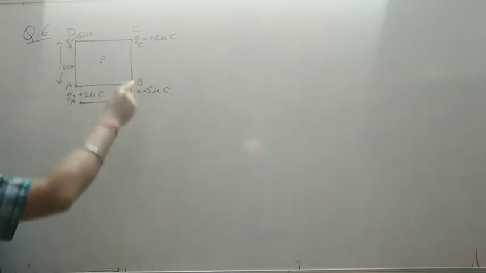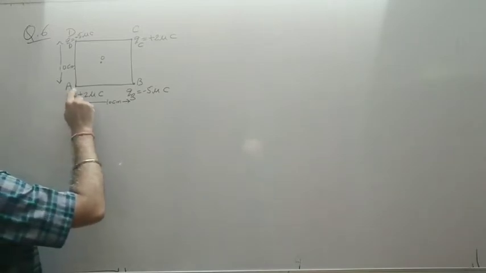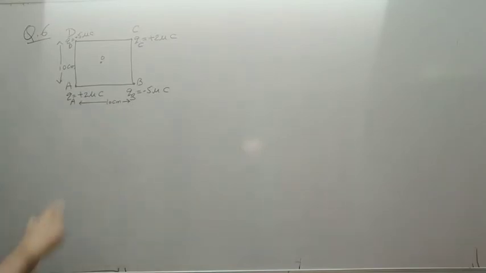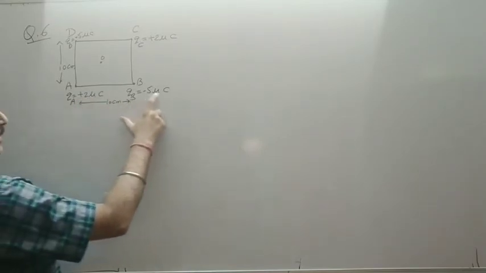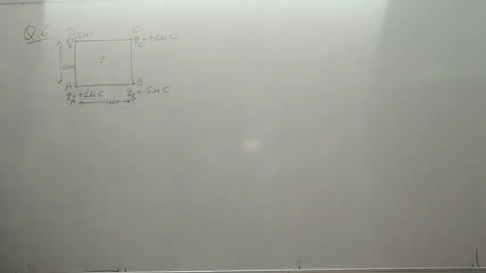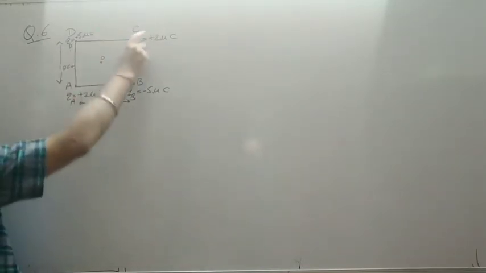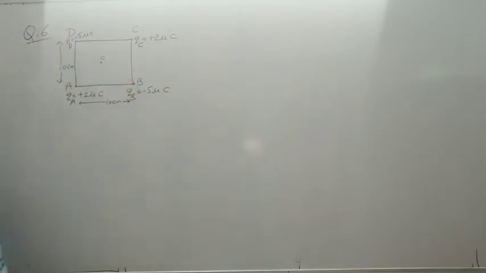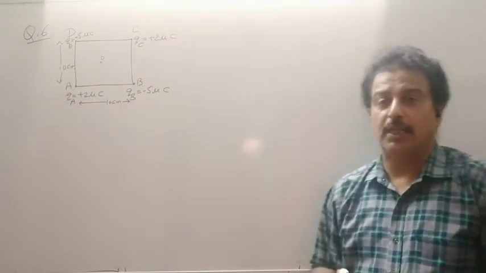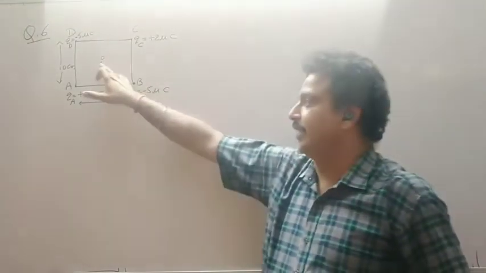Now see the diagram. The 4 charges are given, which are kept at the vertices of a square having side length 10 centimeter. So QA is equal to plus 2 microcoulomb, QB minus 5 microcoulomb, QC plus 2 microcoulomb and QD minus 5 microcoulomb. If you see the diagonal, A and C, both the charges are like charges. Similarly B and D. So as far as the MCQ is concerned, we can directly find the answer and it comes out to be 0. The resultant force will come out to be 0 at the center.